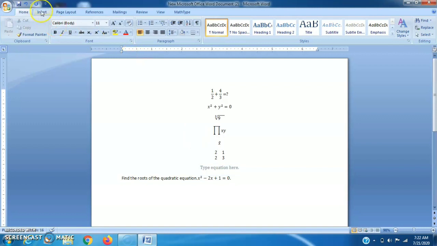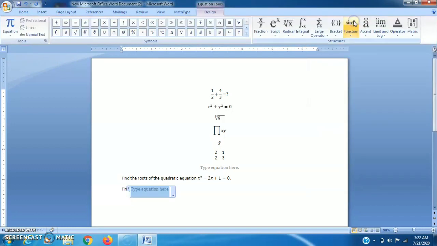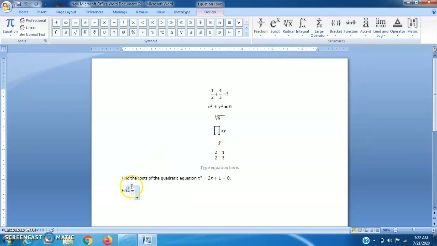If I want to add something over, suppose I want to differentiate some function, then I have to choose this fraction. I want the value of dy over dx, but we will write it by myself. Find dy over dx of sin x equals to whatever the value is.